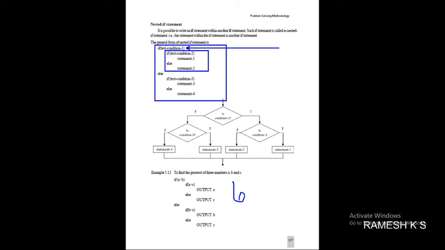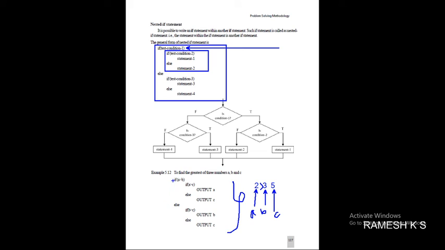Here is a practical example, you can understand it. This is the greatest of three numbers, a comma b comma c. So I am taking one example, 2 3 5. In these three elements, this is A, this is B, this is C. Now A greater than B, 2 greater than 3, what? False. Once it is false, what happened?